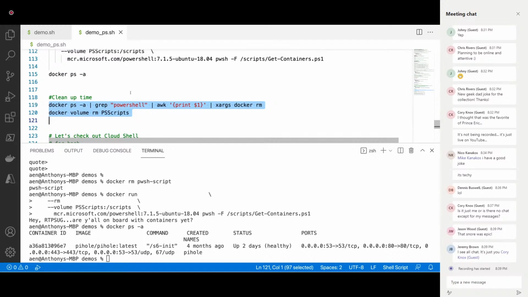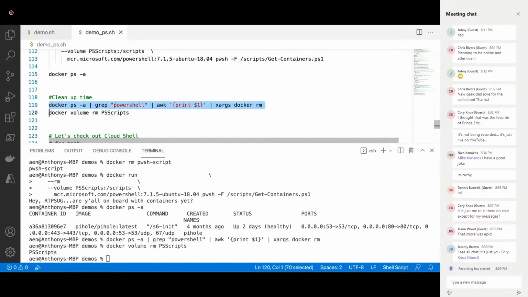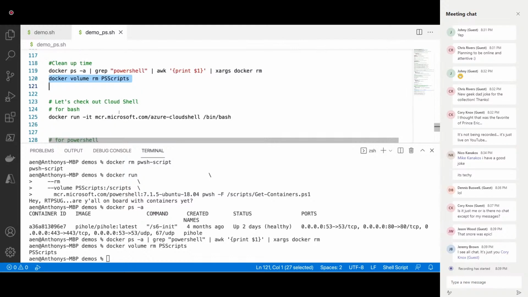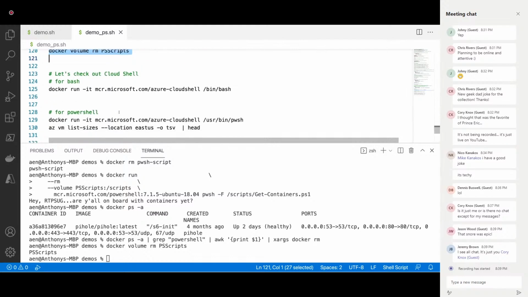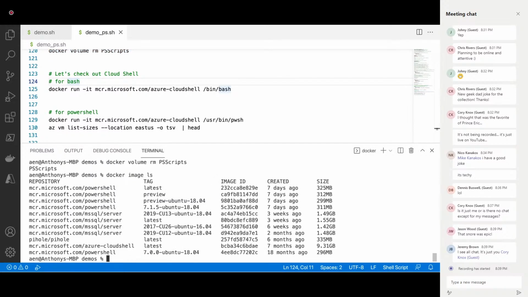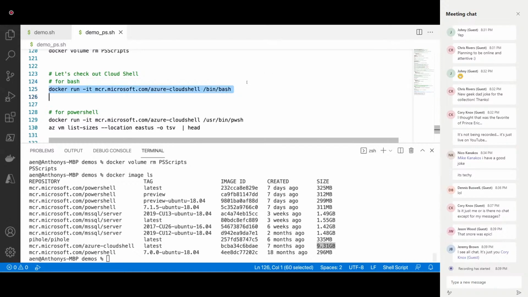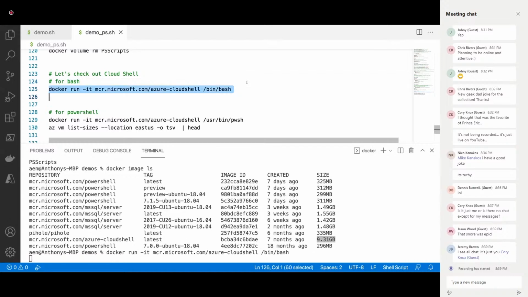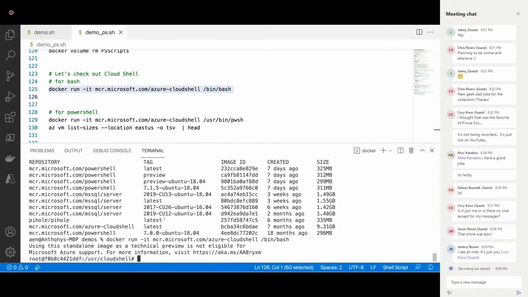So let's go ahead and clean that up. We'll get rid of all the containers. We'll get rid of the volume and go into our last demo where we'll look at Cloud Shell. So Cloud Shell, ls, is Titanic. 9.5 gigs, 9.3 gigs. But it's got literally all of the tooling you could possibly want for interacting with Azure. So you docker run, and inside of here, if I do an az login,